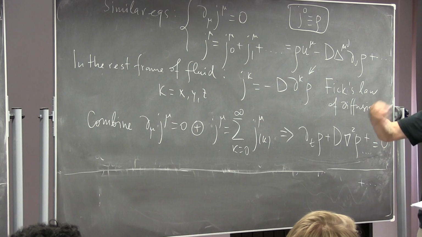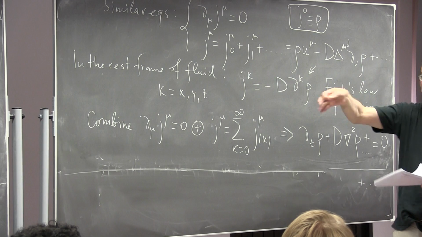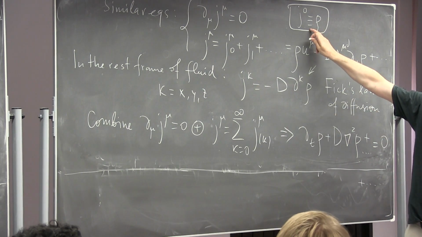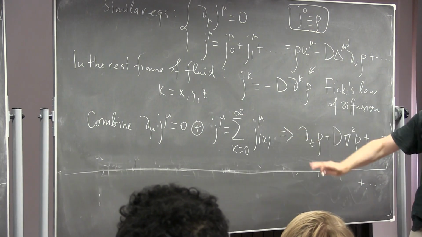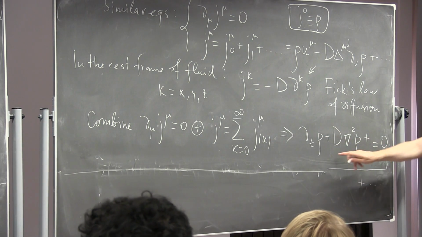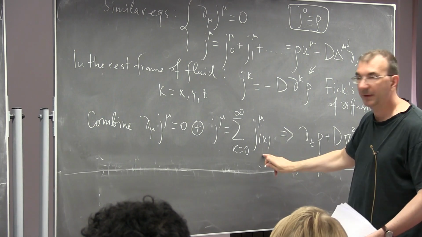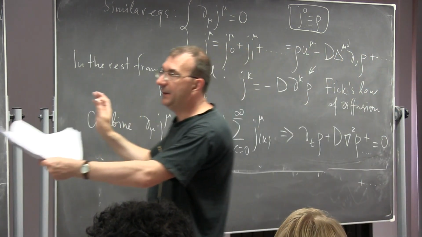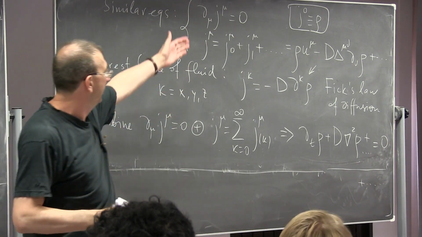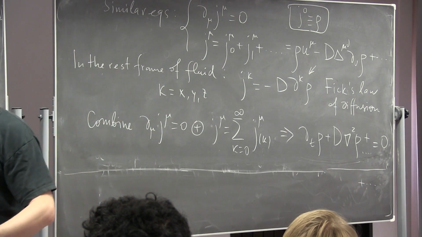So you have to write a second equation. The second equation is the constitutive relation, which expresses these extra degrees of freedom, jk, through the fundamental degree of freedom, which is in this case only 1, rho. Okay? And this is done via this constitutive relation. So if you combine the two, you will get the equation of diffusion, and then corrections to this equation if you include more and more terms in this expansion. All right. So what is done here with T mu nu is a slightly technically more complicated scheme than this diffusion scheme, but morally it is exactly the same. All right. Any questions about this?